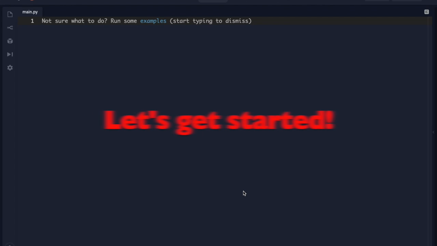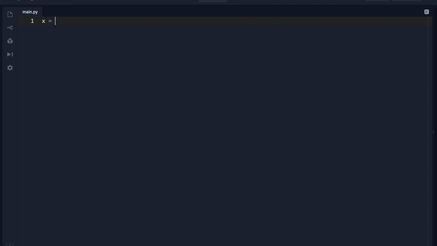So let's get started. First we are going to make a variable called x. Let's make it equal to 2, and we're going to make a variable called y, which is equal to 5. And we will make a variable called z, which is equal to 10, and we are going to print and make an f string, and inside this f string we are going to type